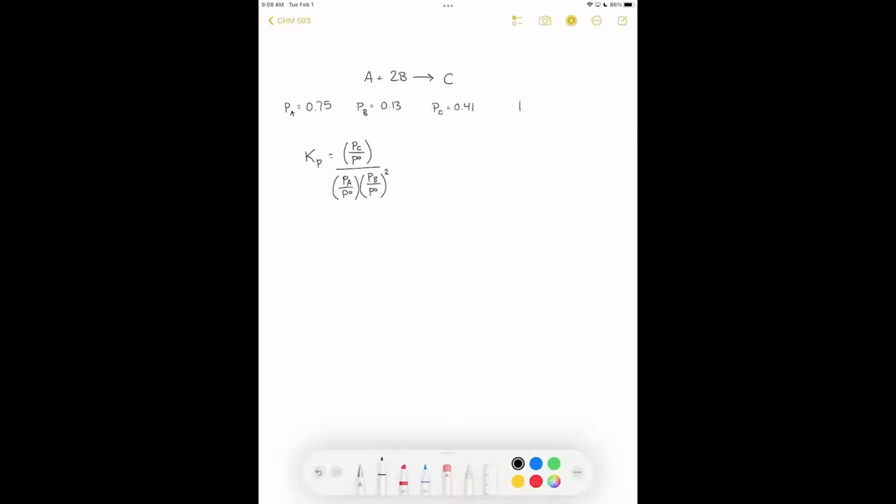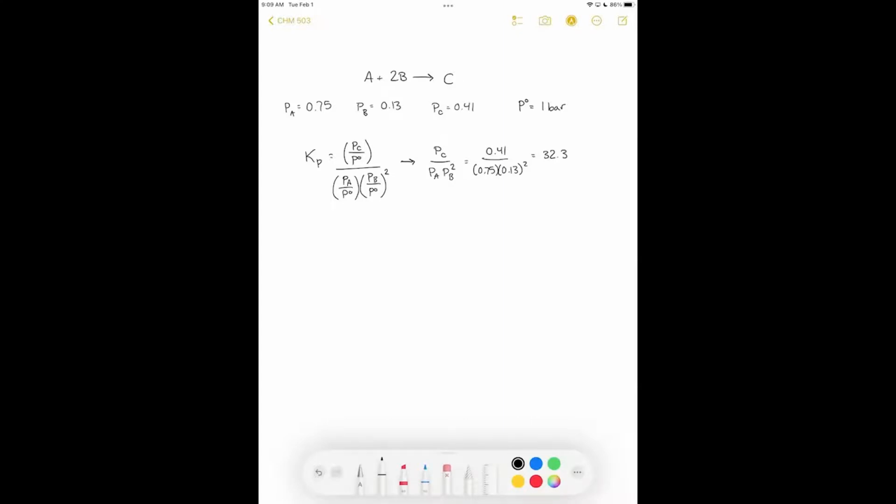The P naughts here are always the standard state pressure of 1 bar, and so we often don't include those when calculating the equilibrium constant. They're there to be formal and make the units work. The equilibrium constant is a unitless number, but since they're 1, we often don't put them in the calculation. So we can also write this then as PC over PA times PB squared. We have all these numbers, so we can go ahead and plug them in. We'll have 0.41 divided by 0.75 divided by 0.13 squared. Plugging these numbers in here gets us an equilibrium constant based on partial pressure of